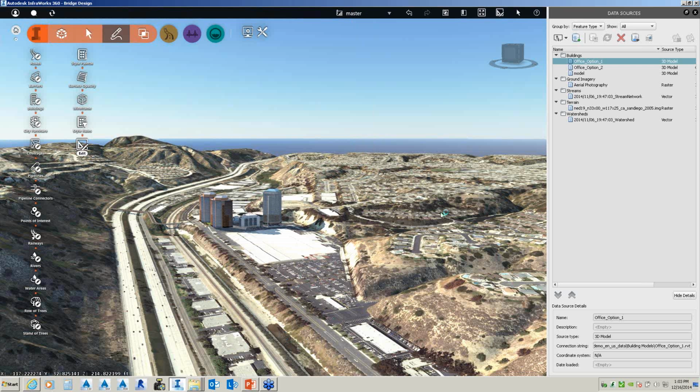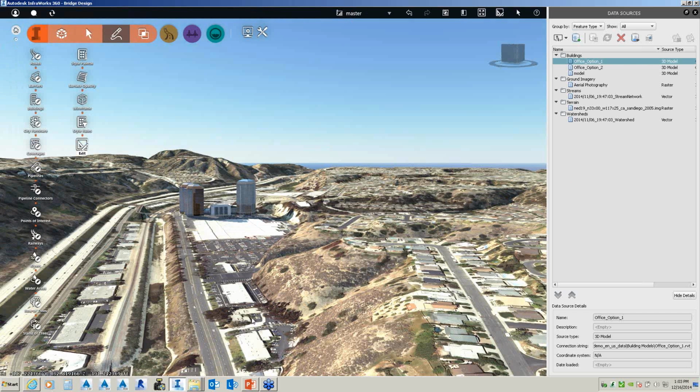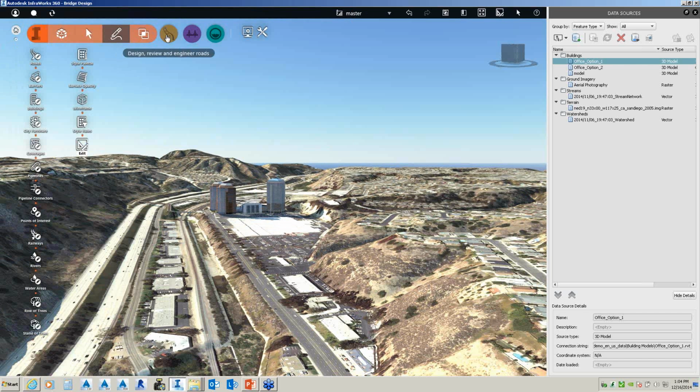Okay. So as that's configuring, I didn't notice any questions, but we also looked at the roadway design. We also looked at the bridge design. There's another feature in reference to drainage. So I'm going to use something really straightforward and simple. So I'm going to create a design road.